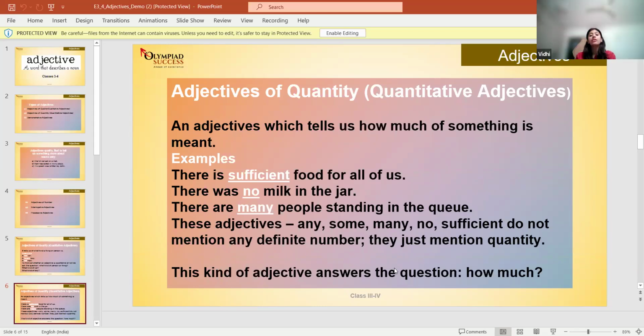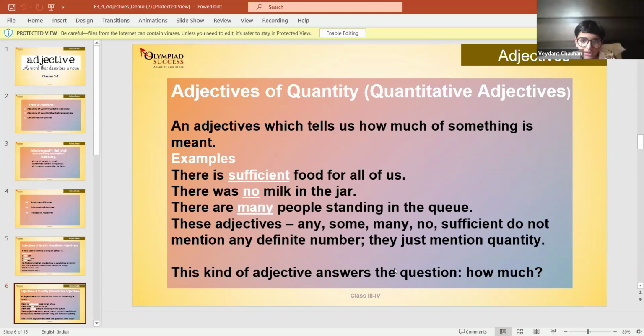They will only mention the quantity. So whenever we solve adjective of quantity, Vedant, we will ask the question: how much food is for all of us? You will answer there is sufficient food, correct? Yes. How much milk is there in the jar? How many people are standing in the queue? Many people. Yes. So whenever you ask how much or how many,